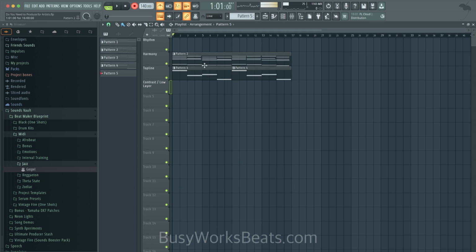Okay, let's create this. Now, I was playing a rhythm there. That's a rhythm. So now we're occupying the rhythm layer and the contrast layer. You've got to be careful not to overly fill the rhythm layer, because that's where a lot of overlap happens.